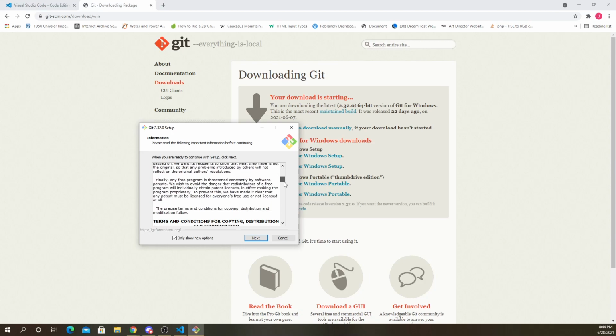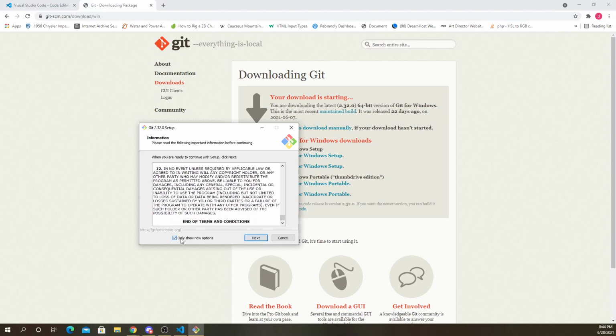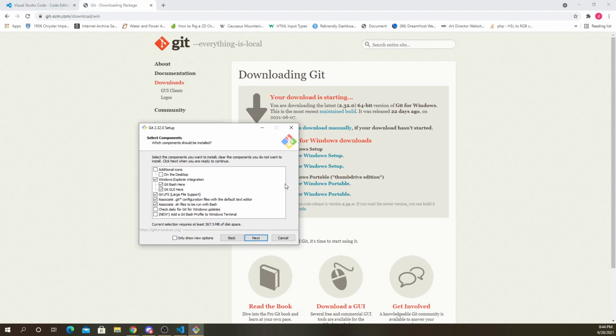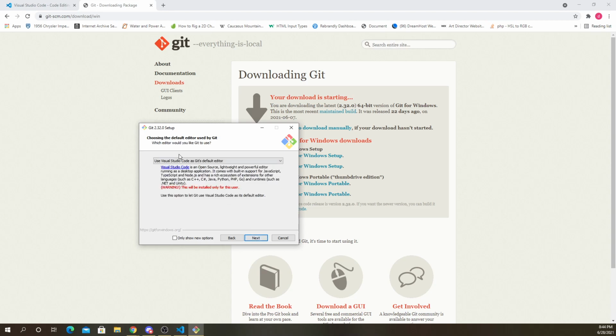Just click yes here. So this will set up Git Bash for me. I already have it, but I'll just go through everything here. We can see here it says Git Bash here, Git GUI. Just leave all the default stuff.